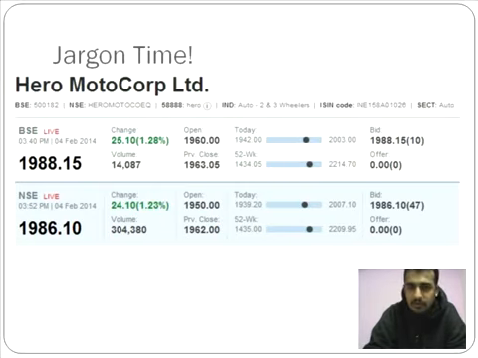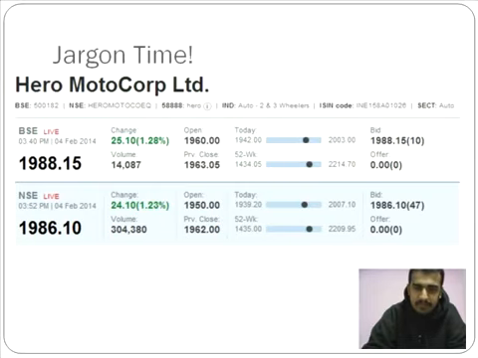Now, you have a similar code name for Hero Motor Corporation in NSE, and that's where you can see HEROMOTOCO EQ. EQ here refers to equity, and that's the code that you have for NSE. 58888, that's an SMS number if you want to get stock information of Hero Motor Corporation. You SMS Hero to that number and they go about giving you that information. IND is the category on what the company is actually into, 2 and 3 wheeler segment. Hero Motor Corporation, the segment, what is it that they actually manufacture in automobiles.